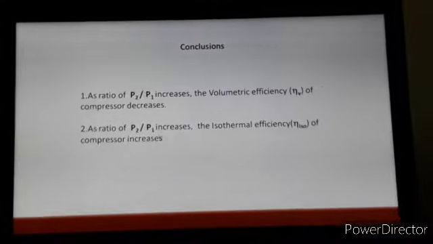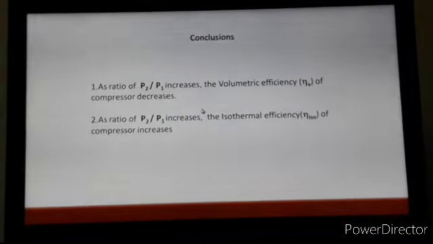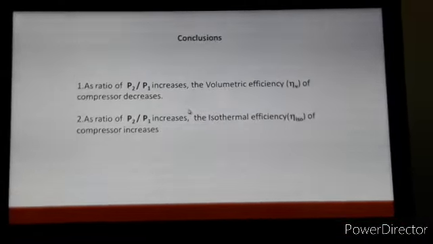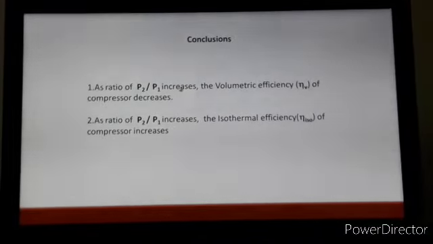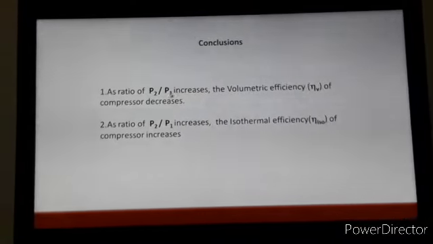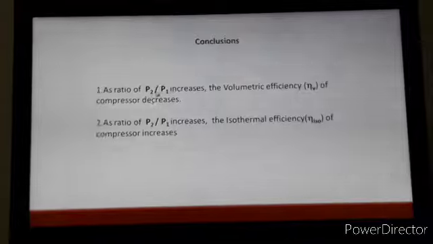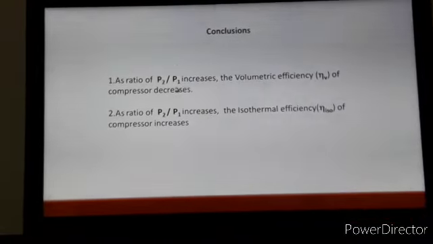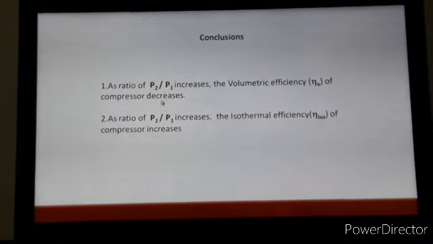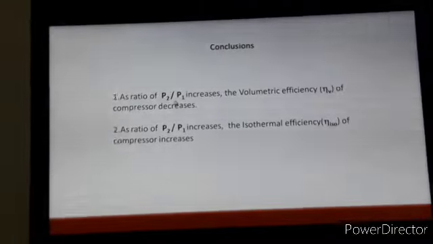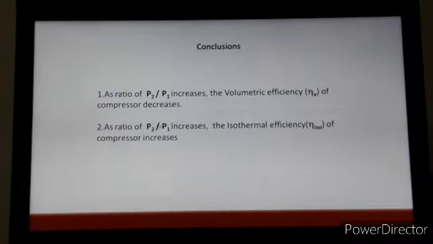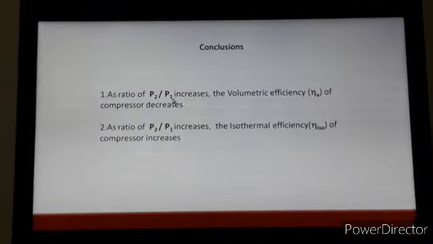Now these are the reference conclusions. As soon as you complete the practical, or as soon as we record the readings, you have to calculate the parameters, and as per those parameters you have to plot the graphs and write the conclusion from those plots. So your conclusion should be in line with this conclusion.